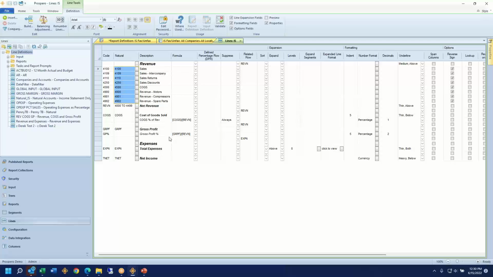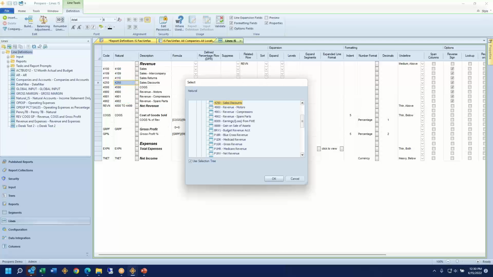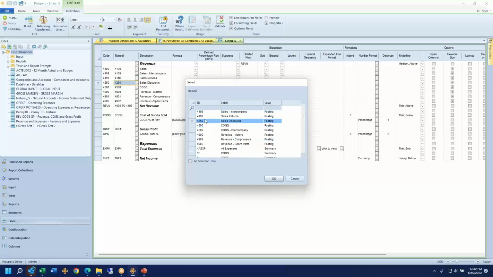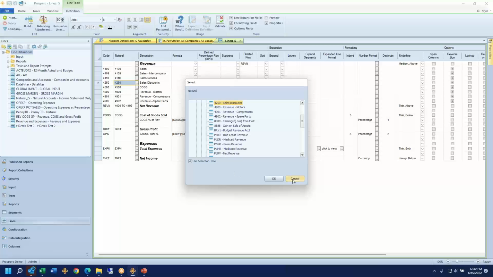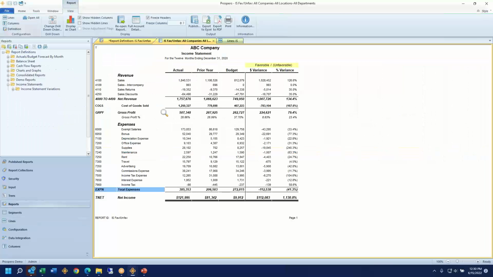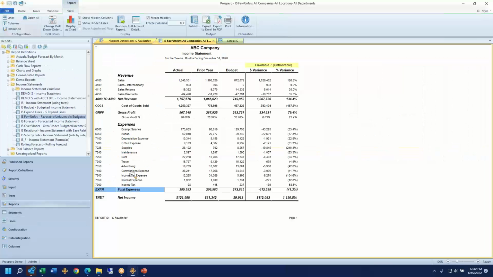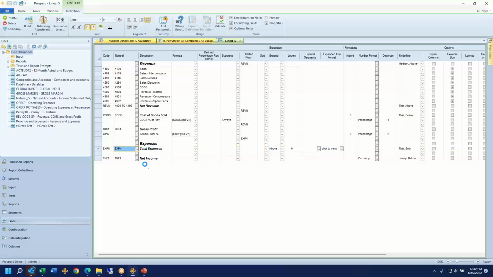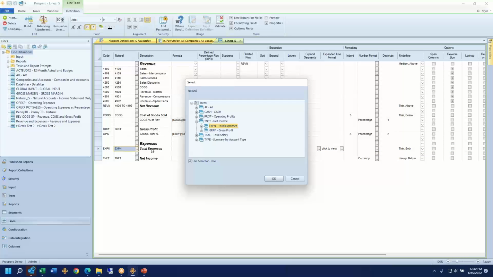Well, I could do things the old-fashioned way, meaning individual accounts and ranges, but the new better way, because I'm really just zooming into my natural account here. We saw this before when I looked at departments. That is, I can see all my accounts numerically through a list, or I can also see the accounts graphically through a tree. And now let me turn my attention to expenses. In the report, which I'm sure you haven't forgotten about, above this row, I'm showing all the individual accounts, but really in reality, in my line set, it's one line that I never have to touch and maintain, usually. Because what I'm using is a summary account,